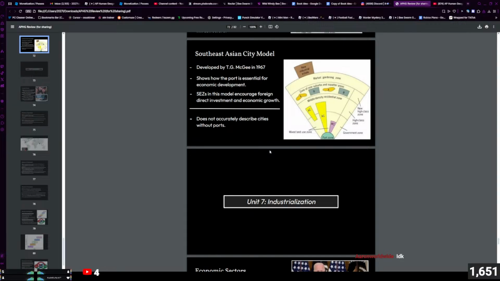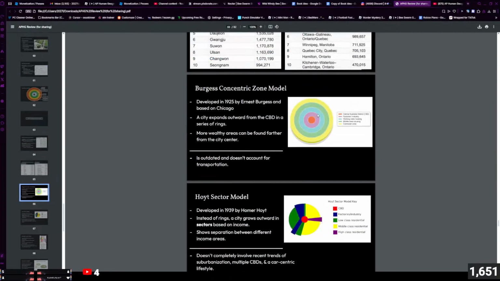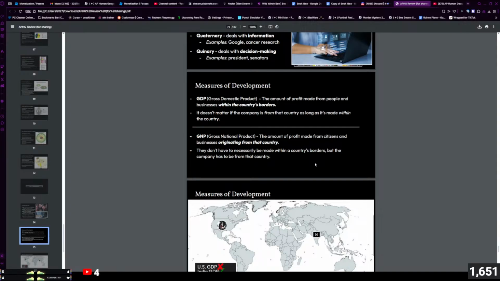Industrialization. Ottomans, Safavid, and the Mughals. Land-based empires, and the Qing dynasty. Human Development Index. Gross national product. Gross domestic. Oh, this might be on the test. Yeah. Where is it? Gross. Since originated within